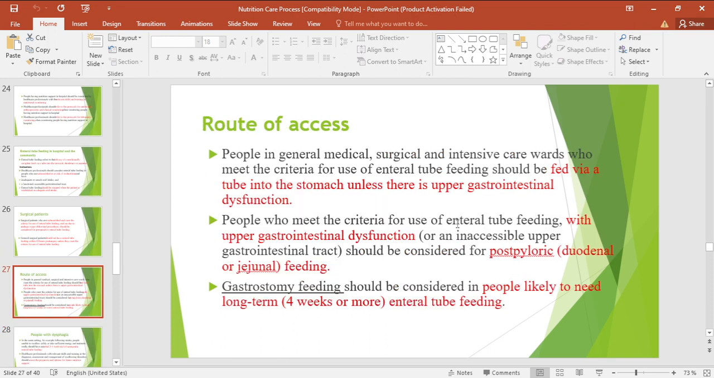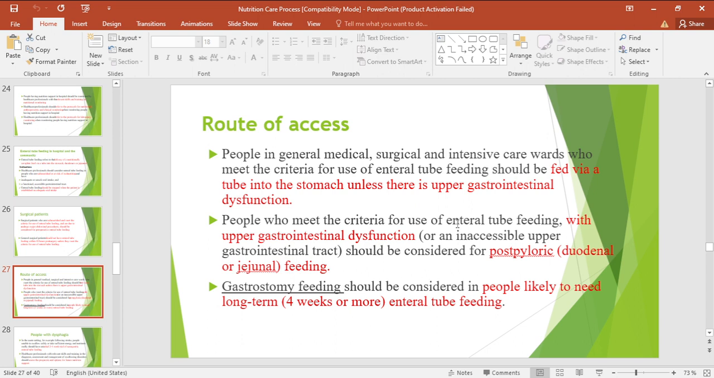The route of access. People in general medical, surgical, and intensive care wards who meet the criteria for the use of enteral tube feeding should be fed via a tube into the stomach unless there is upper gastrointestinal dysfunction. And those who meet the criteria for use of the feeding with upper GI dysfunction or inaccessible upper GIT should be considered for post-pyloric or duodenal and jejunal feeding. We have what we call